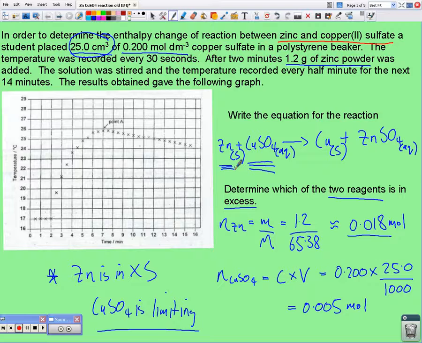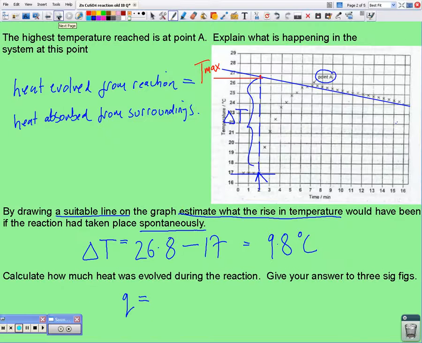So when we include the mass here, we're going to use the mass of the copper sulfate solution, and we are not going to include the mass of the zinc. So I now have 25 multiplied by 4.18 multiplied by the temperature change 9.8 gives me